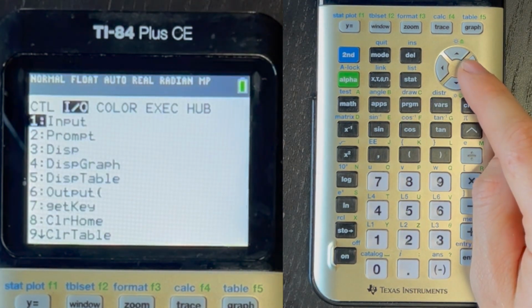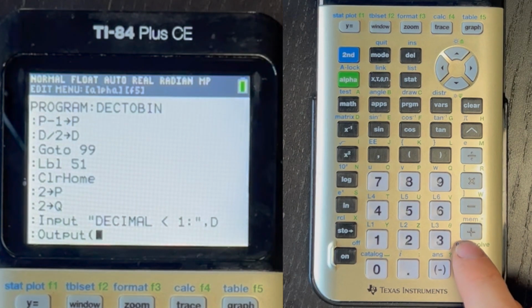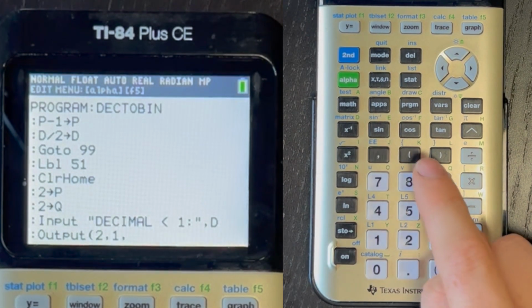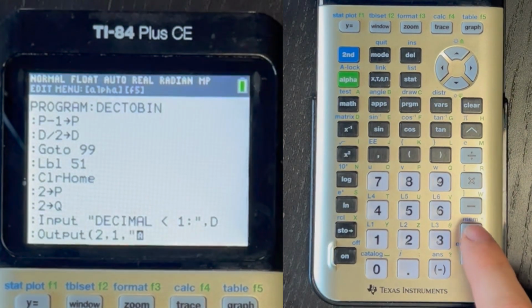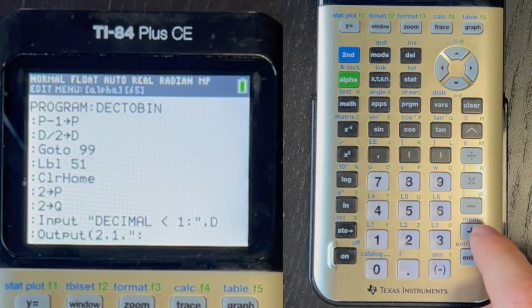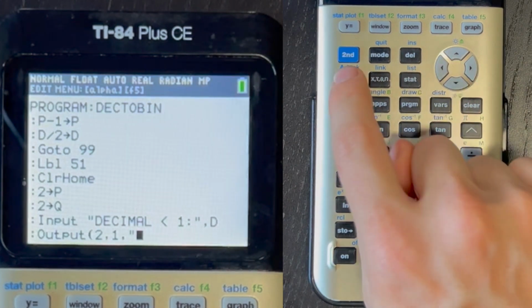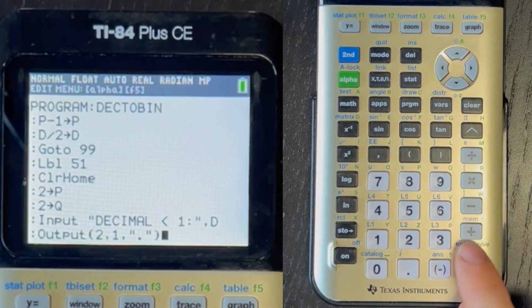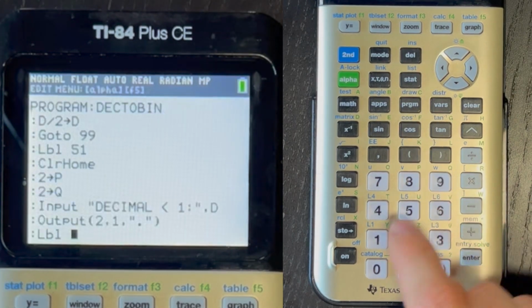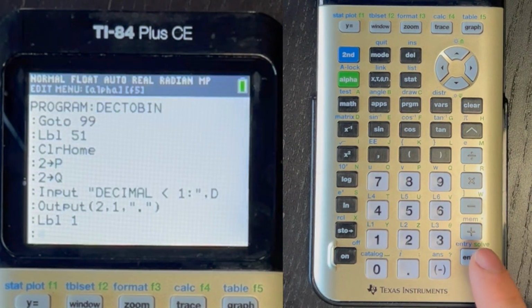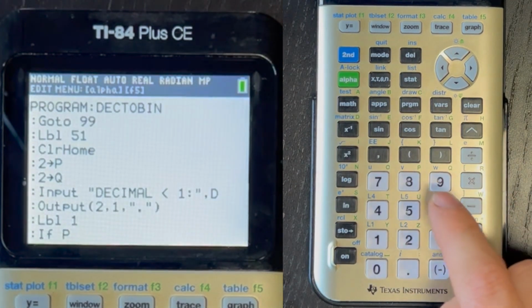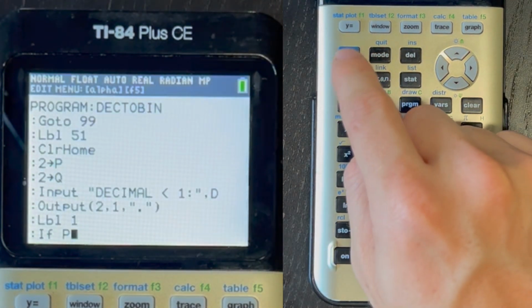Program, 6 for output, 2 comma 1 comma, close quotes, close parentheses, enter. Program 9 for label 1, enter. Program, if alpha P is